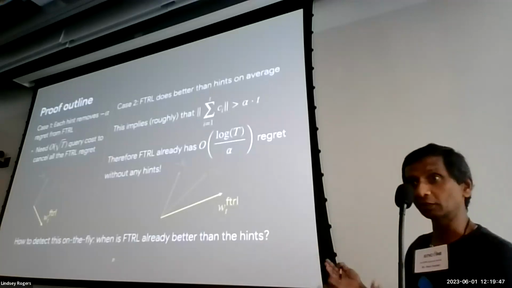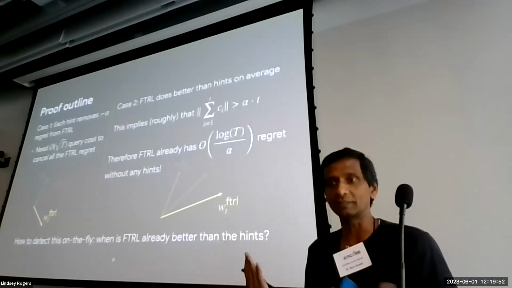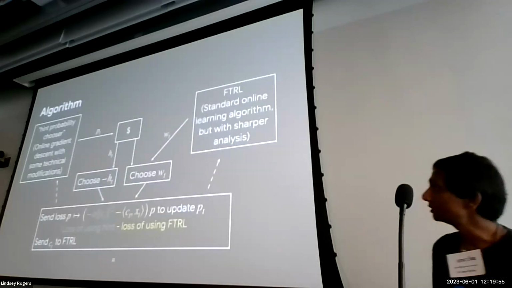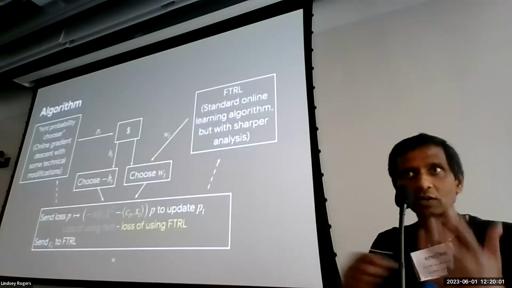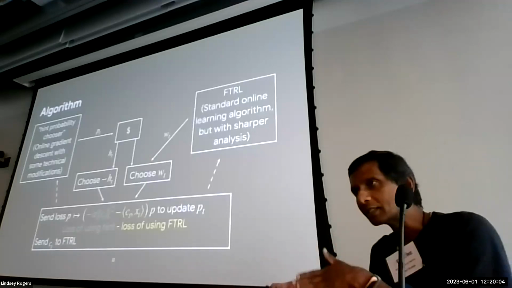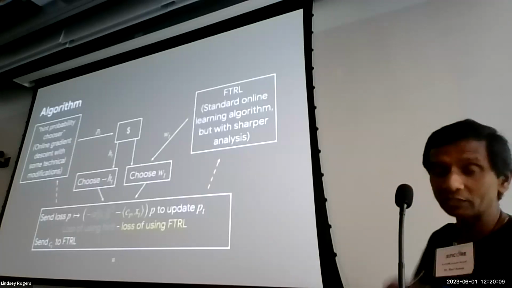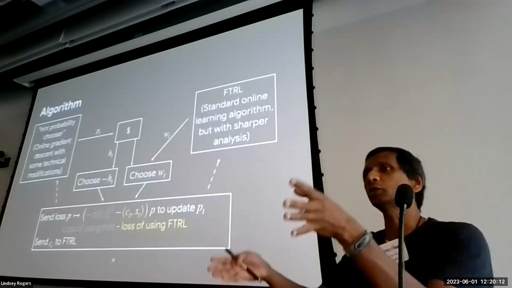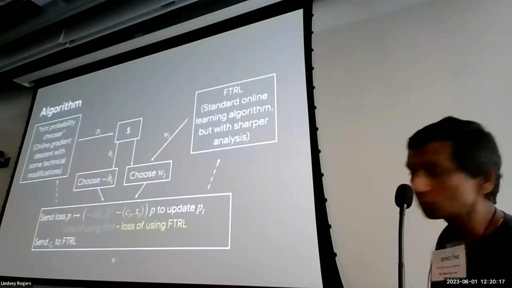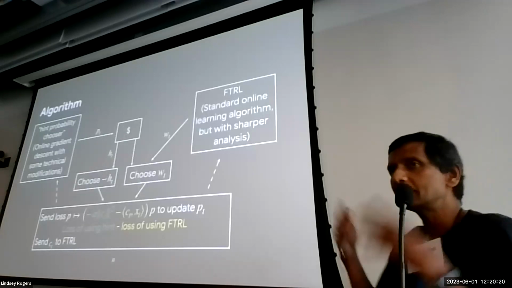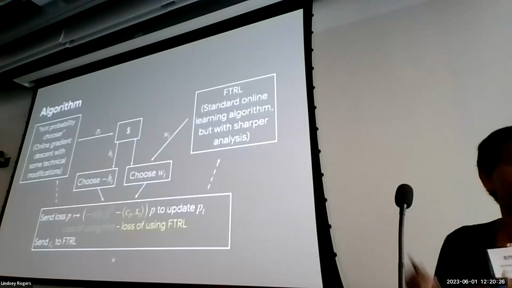And how do you detect these two things on the fly? Right? That's harder, because each individual case by itself is easy to understand, but how do we know which case we are in? And the main idea is to use another component, what we call the hint probability chooser, which is like an online gradient descent, which decides how much I need to trust the hint. So this is a black box. This is a box that spits out a probability, which says this is how much you should trust the hint. And this thing flips a coin. And if it comes out to be head, it uses a hint. If it comes out to be tail, it doesn't even ask for a hint. It just uses the guidance given by the FTRL algorithm.